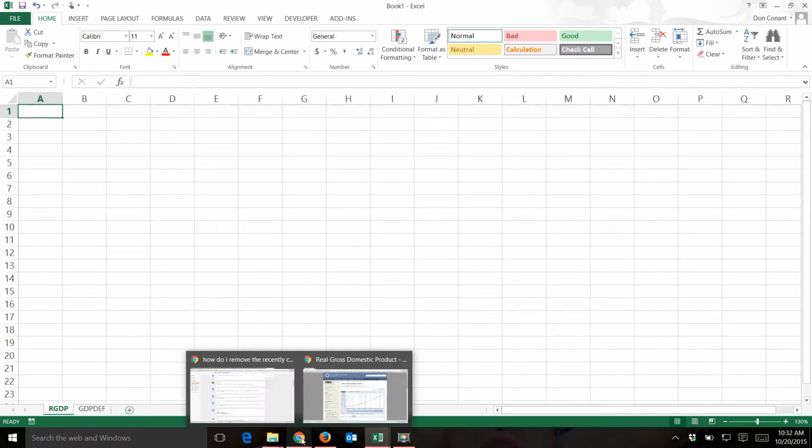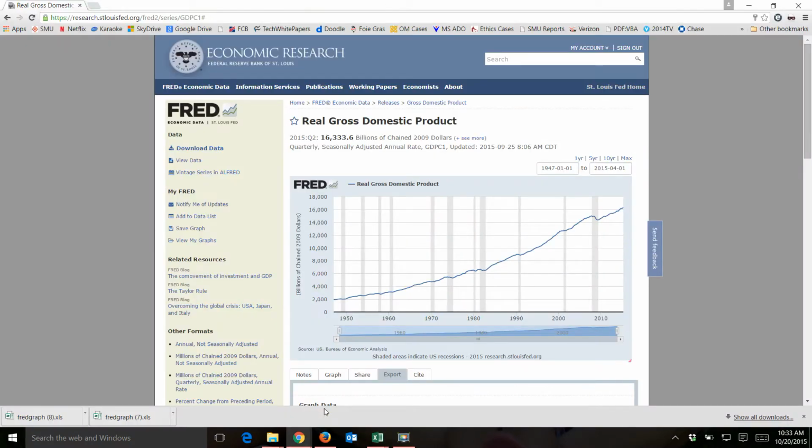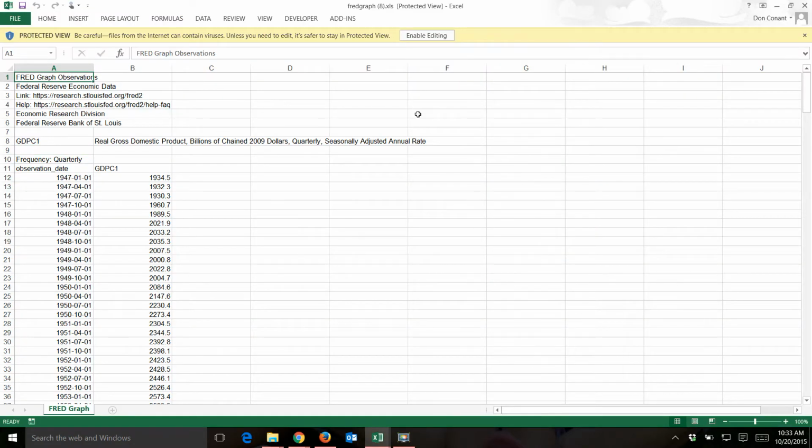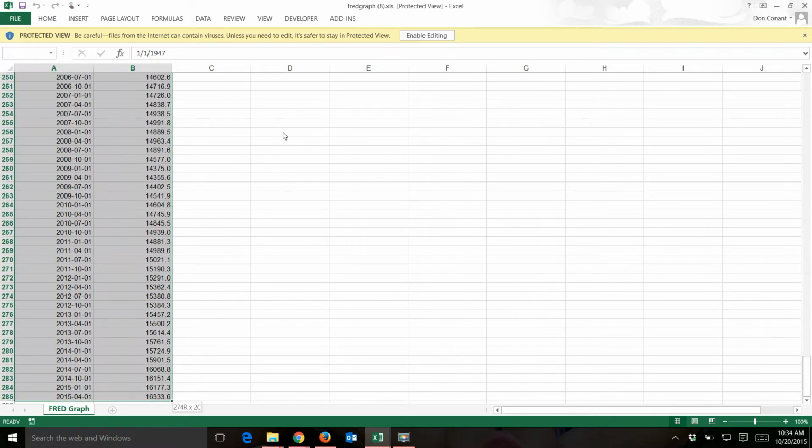I'll go back to Google. FRED graph 8 is the real GDP, so I will open it. I don't need to enable it for editing. I'm not going to do any editing on this sheet. I'm just going to copy this data. So I'm going to place my cursor here on the first date, hold down the Shift key, move over to the column of numbers, End, down arrow, select them all, then do Control-C, copy that data,